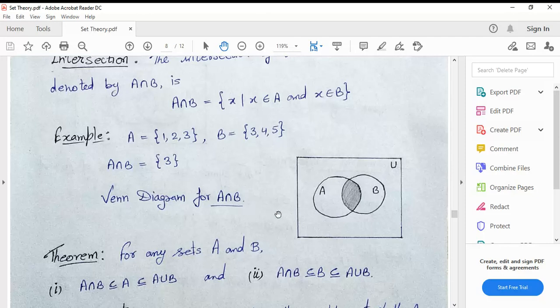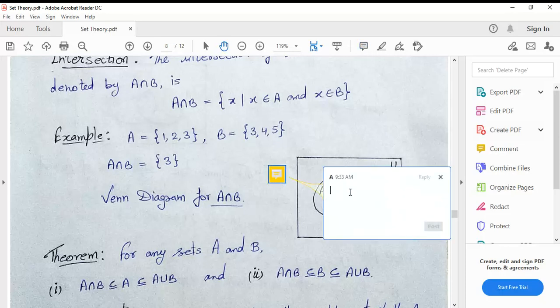Clear now? Suppose we take another example. Suppose set A has the elements 1, 2, 3, and set B has the elements 4, 5, 6.